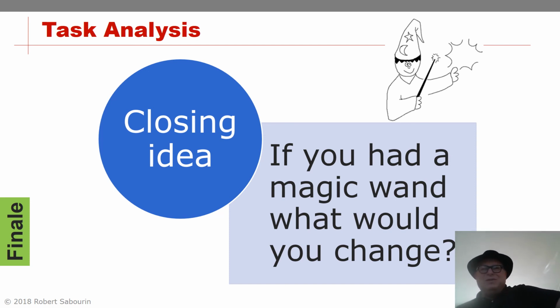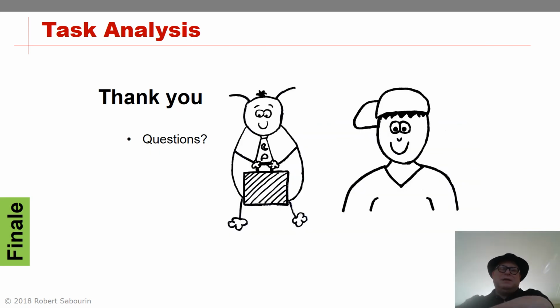So what I like to do is encourage people to talk about things that are outside of their control. Maybe they don't like interacting with people from the sales department. Maybe they are fed up with having to write a lot of documentation. So this whole notion is, if I had a magic wand, I could change the constraints around my project. Now, it's very important when I'm done with the task analysis that I take the time to thank the delegate